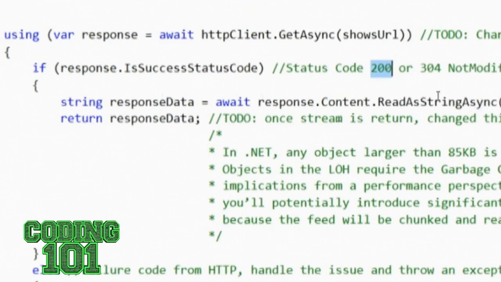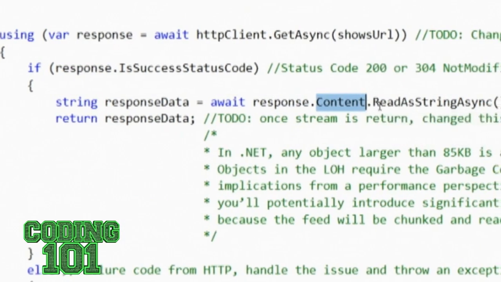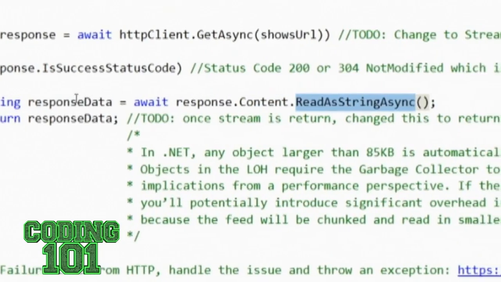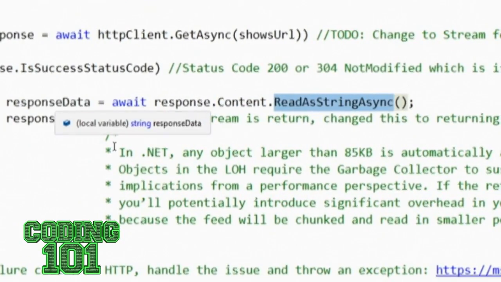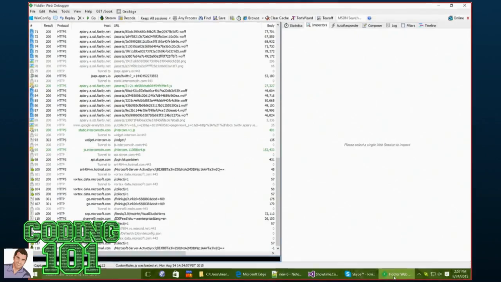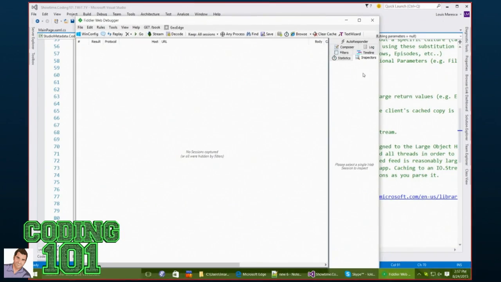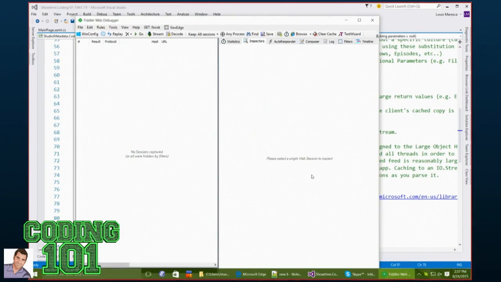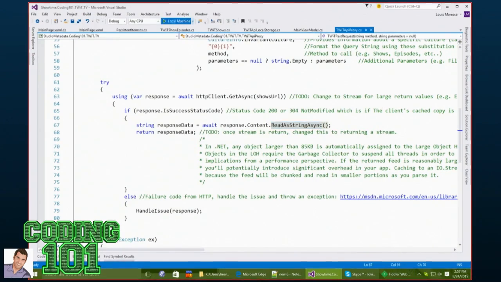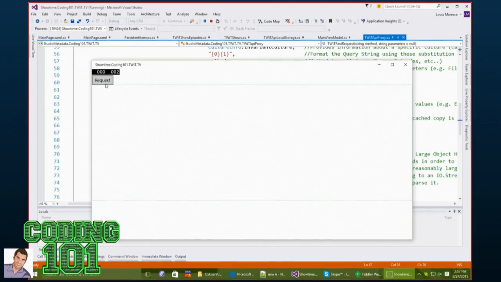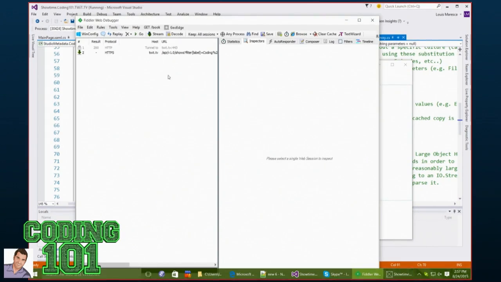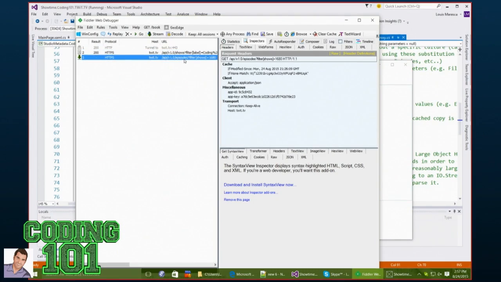And then boom, out of the response I can look inside the content and pull out the big JSON blob that's in there. If I run this, I get a whole bunch of junk in here, but I have this Fiddler tool that we've been using, and I really love this tool. It will show us the traffic that's happening. If I click the request button here, you'll start to see the calls out to the TWIT API, and over here on the side I can look at the request and the response. So the request was